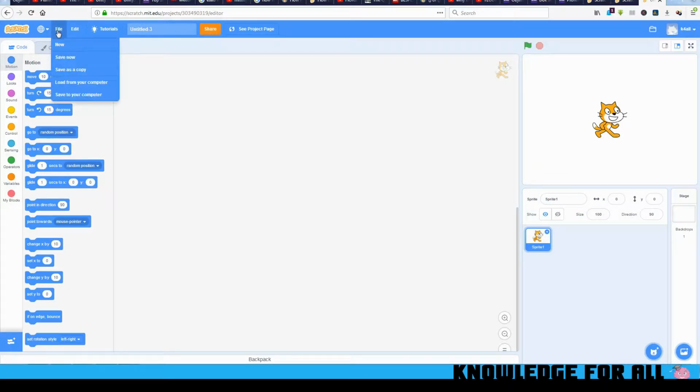Then we have the file button, which consists of several other buttons. If you click on the new button, it will make a new window like this, and call it a different name. So that's just for making a new Scratch window, a new Scratch project. Save now and save as a copy. Those two buttons are used to save